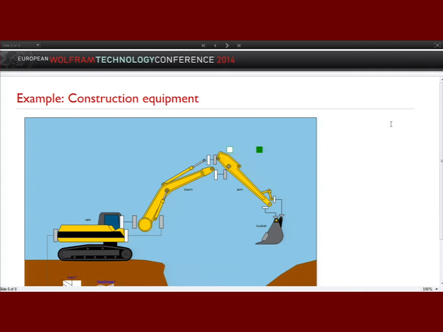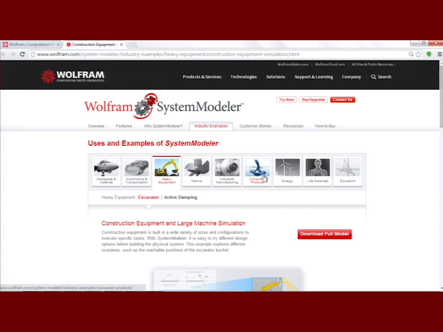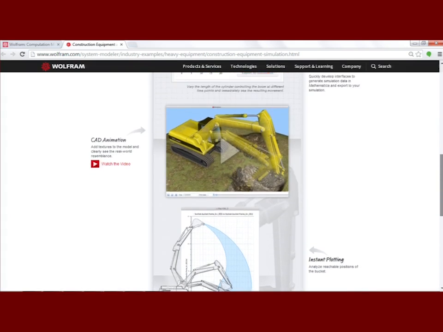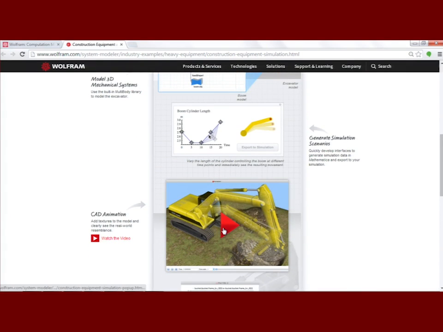So this very small example, of course, is interesting, especially for learning how to use it. But in the end, you want to do something larger, some real-scale example. So for System Model 3, we had this model up for download at the industry example pages. It's an excavator model, which looks pretty nice, actually, if